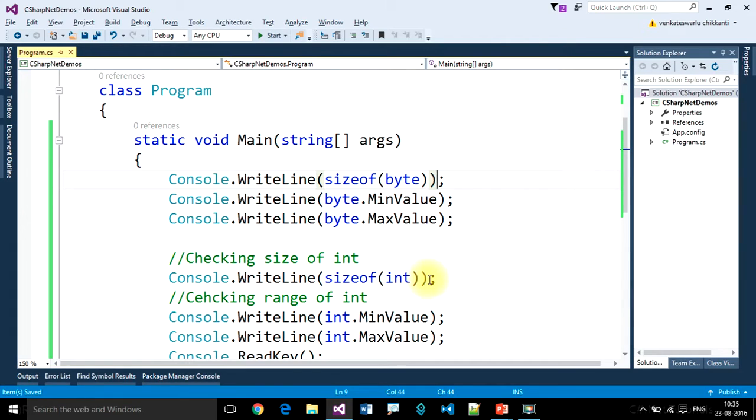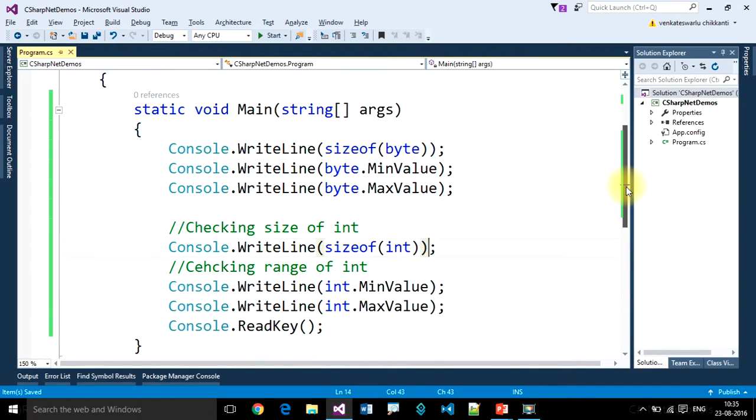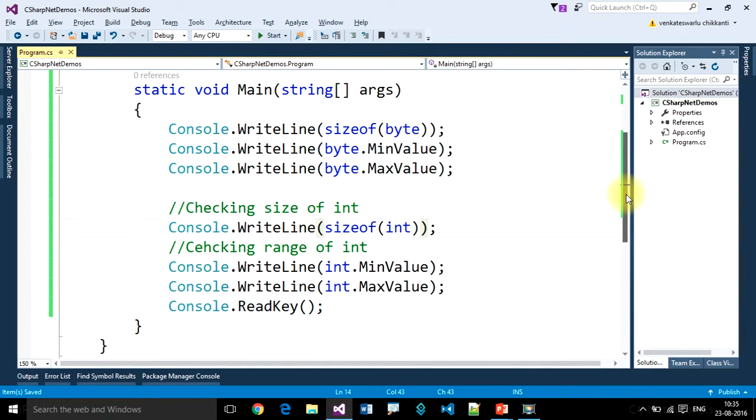If we use integer, it will work, but we are wasting memory. The system will allocate that much size, but we are not going to use it anyway. We are going to use only the 0 to 150 range. So byte is the correct data type to use for age.